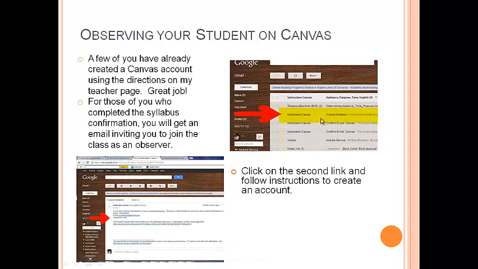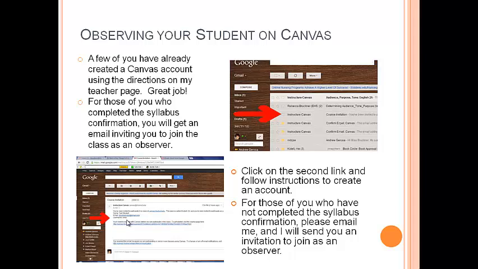Once you click on this, you'll respond to the second link and follow the directions to create your account. If you're expecting this to come and it doesn't show up, my suggestion is that you check your spam folder, because some email providers do not recognize Canvas Instructure as legitimate and will bounce it to spam. So you might need to check there.